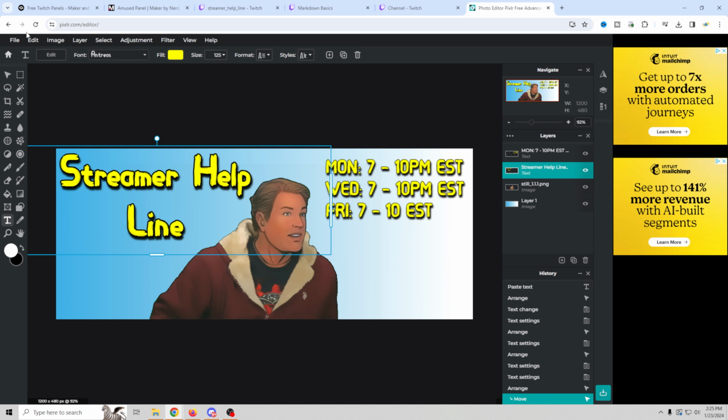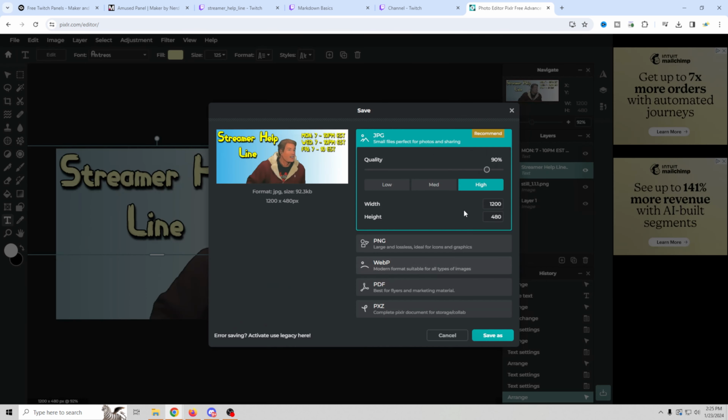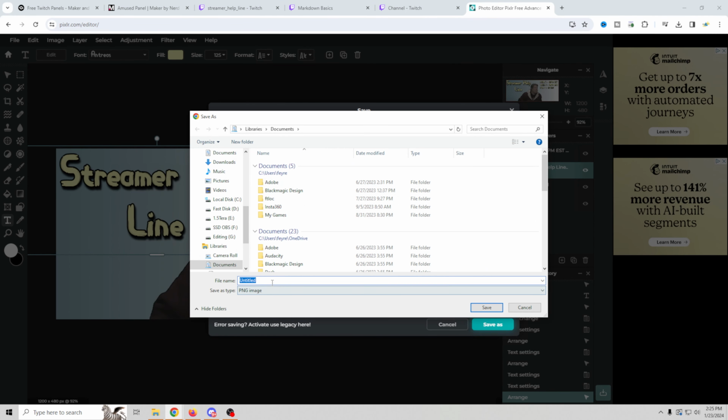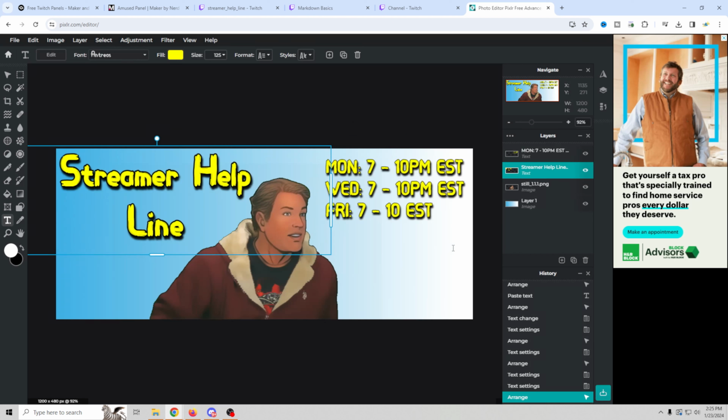Super simple. You know, you just go file and save, and you tell it what quality you want your stuff. So we want it high quality, PNG, transparent. We don't need the transparent saved because nothing's transparent here. And we can save it as, and we name our file banner, and there we go. And you get 3 daily saves, so that leaves more than enough to go ahead and do the second part